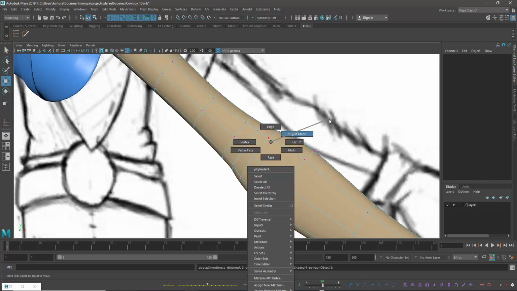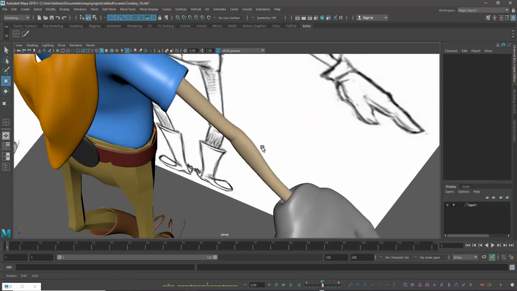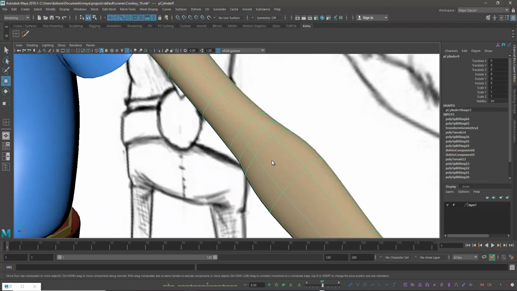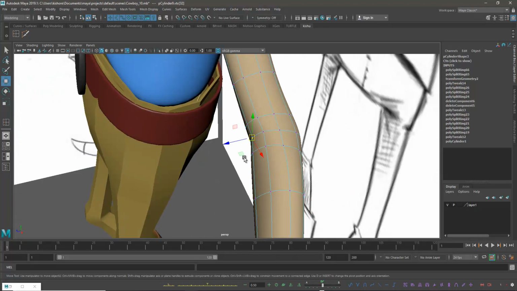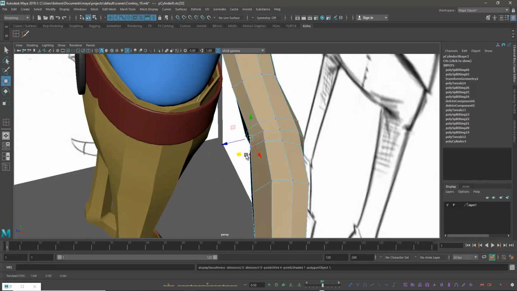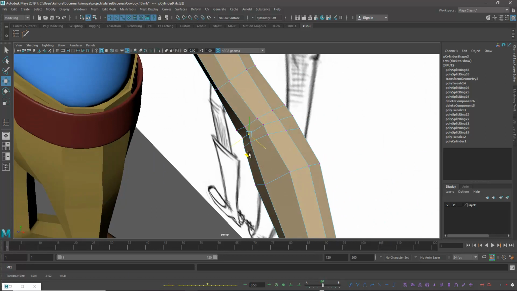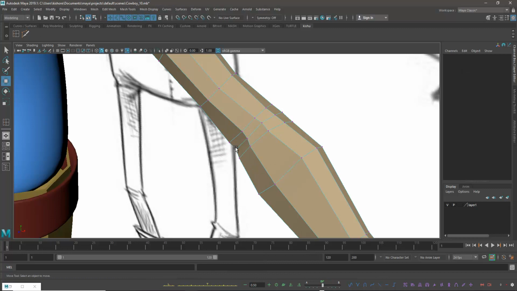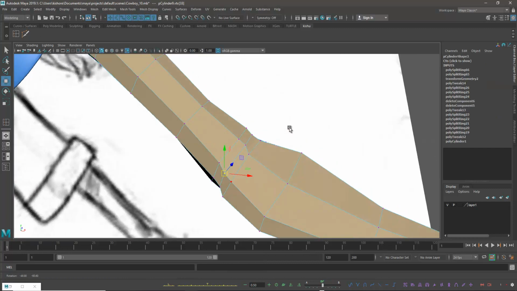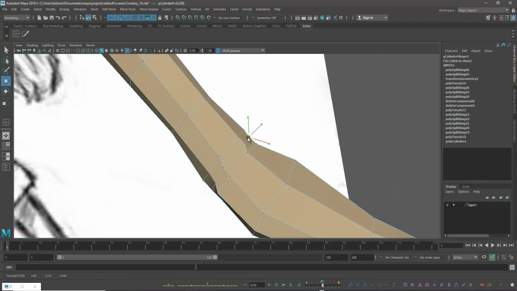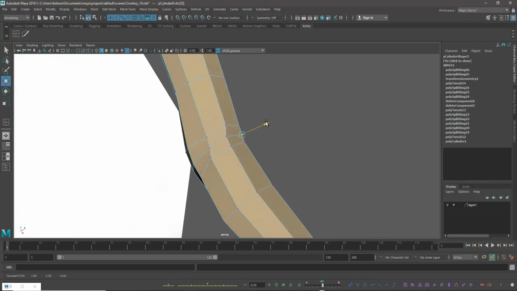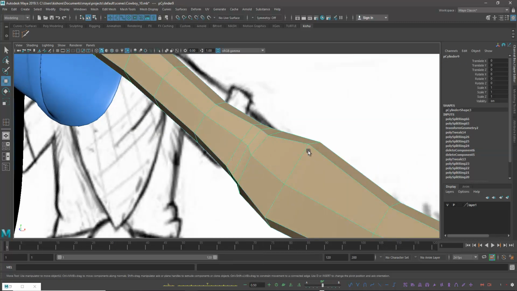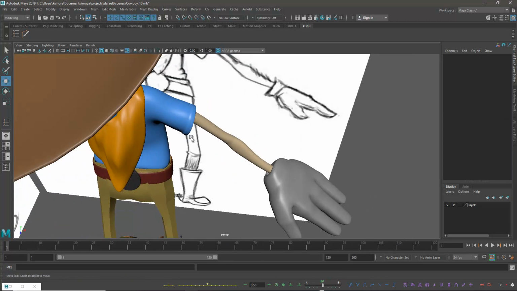Okay, fine. Let's check out whether it is fine. A little bit. I don't want to show that little line. Fine. Okay, fine, not a problem.